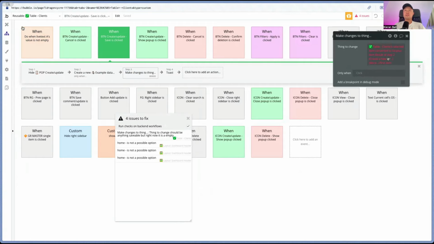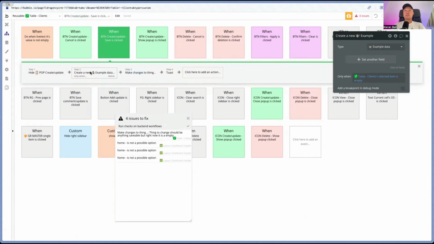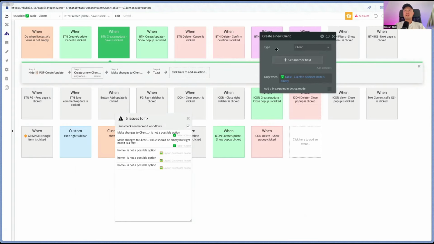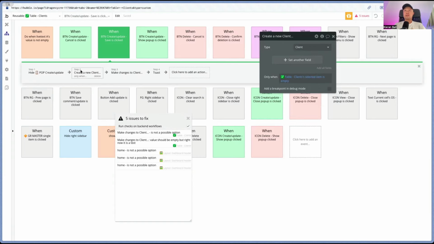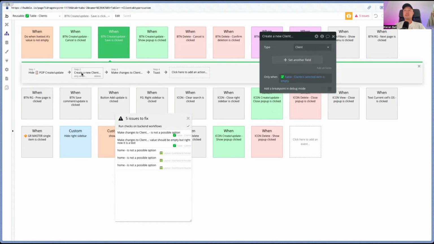Okay, so this is when you click on this button here to either create a new client or update the client you clicked on, and it runs this workflow. We can see here it's trying to create a new example data, but we want it to create a new client. So I change that to client. And then here in the next step, this is a Bubble technique, which I explain in quite a lot of detail in some of the videos in the docs. I won't go into too much detail here, but basically it's just a way of,